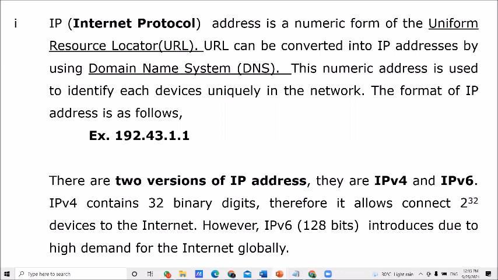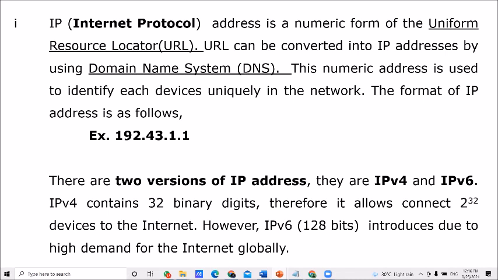But IPv6 has 128 bits, therefore it allows to connect 2 to the power of 128 devices with your network. That's the complete answer. If you want to get the complete marks, then you want to write down a similar type of answer. No need to give the same words or same sentences. Right? Then understand and write down.